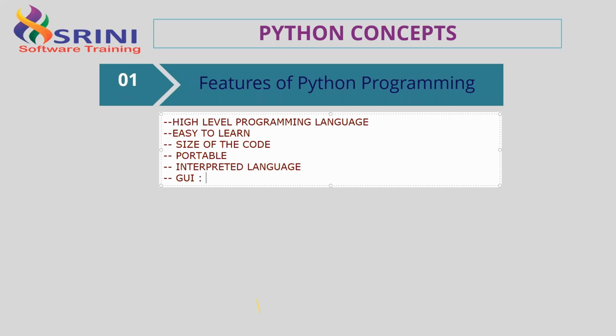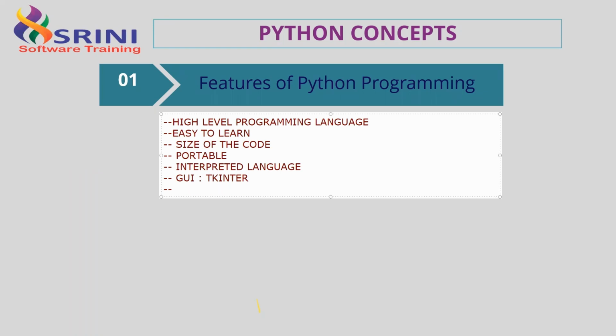There is a built-in module called tkinter. The name of the module is tkinter, which provides certain built-in functions with which we can design graphical user interfaces like a calculator, like a notepad, like a media player, like a Windows player. Yes or no? These are all standalone applications. Such applications can be built using Python, with tkinter as the module.